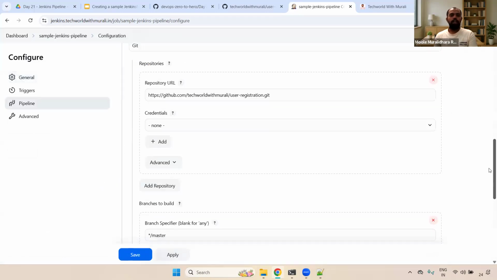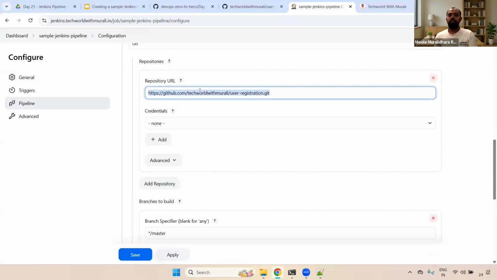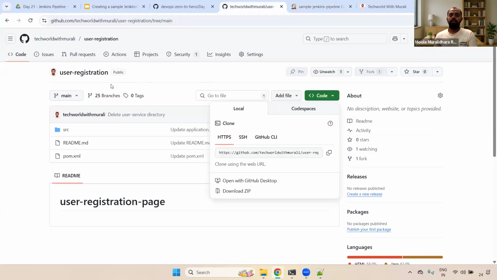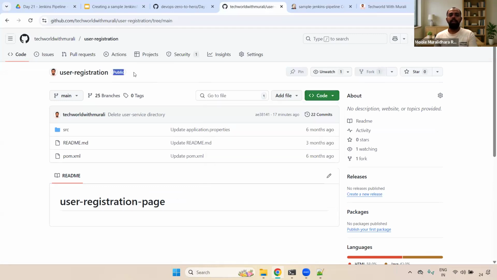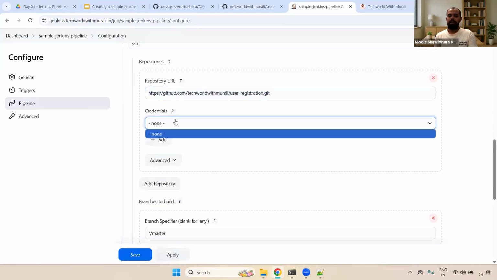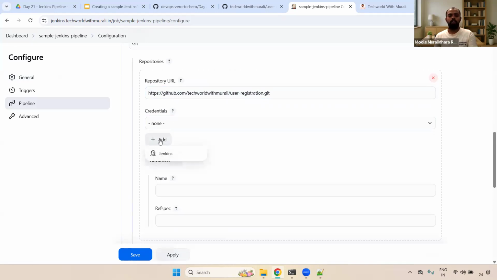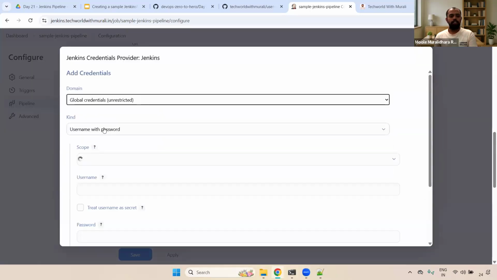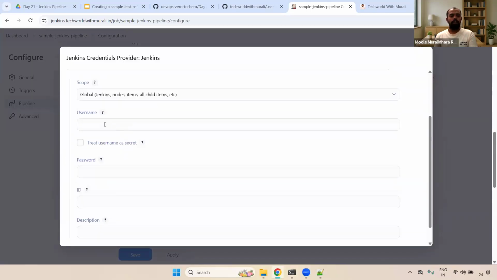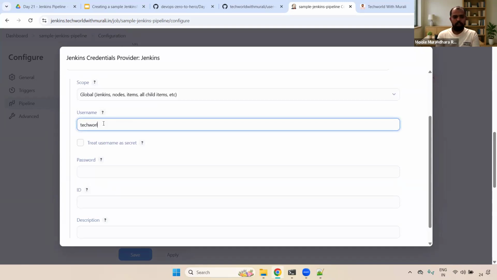Now you can come down, and here, most important, we define this particular repository URL. That is fine. If it is a private one... currently we temporarily gave a public one, so you don't need to define any credentials here. But in real time, we always define the credentials. For example, I'm giving a Jenkins global username with password, and here my username is